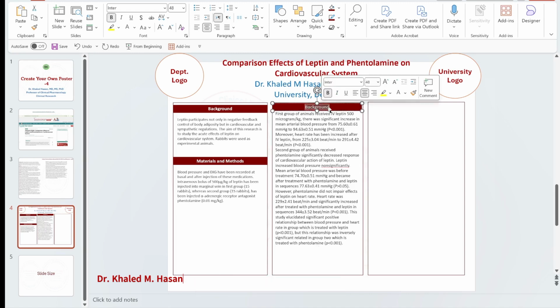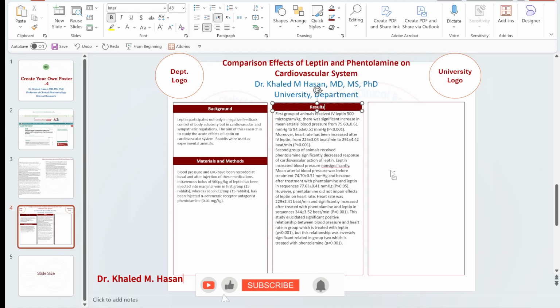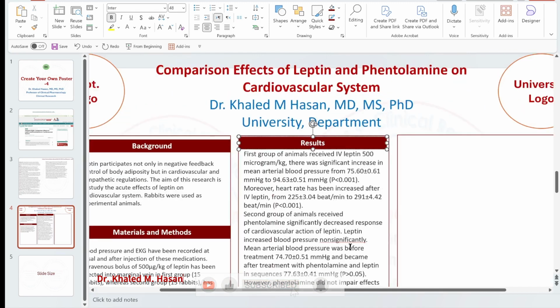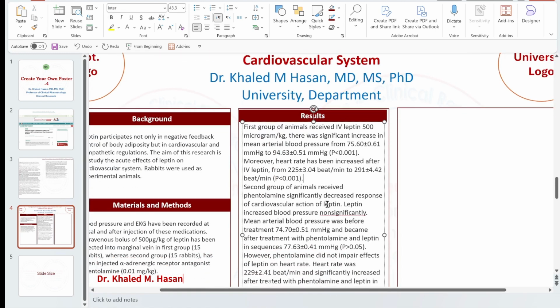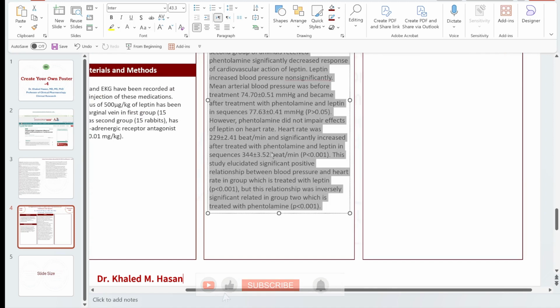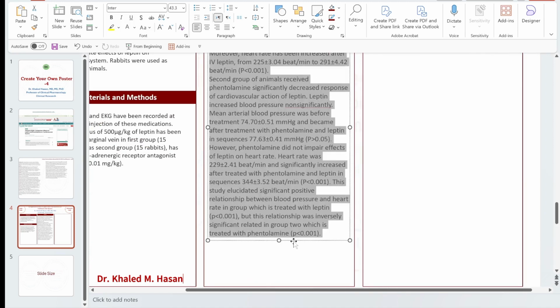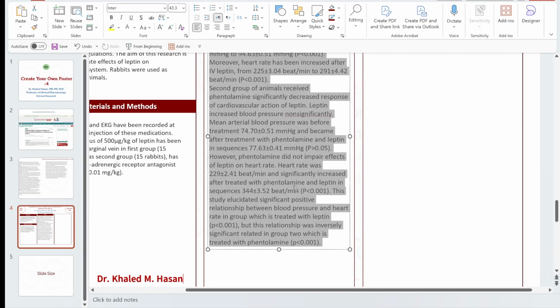Okay, double click, go to the keep text, and we have the result. I will make it bigger a little bit to share with you what we have. You can see the results here. Font size there. You can see here we can select when you click on Control E, and you are inside the table, inside this